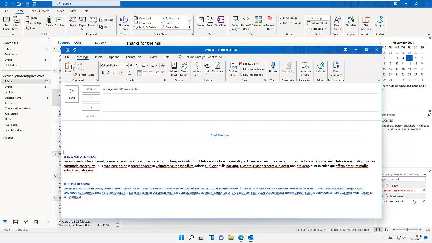This is the Outlook 2021 tutorial. In this tutorial, I'll be showing you how to apply themes and styles in Outlook. So just like you can apply themes and styles in Word and PowerPoint, you can also apply themes and styles